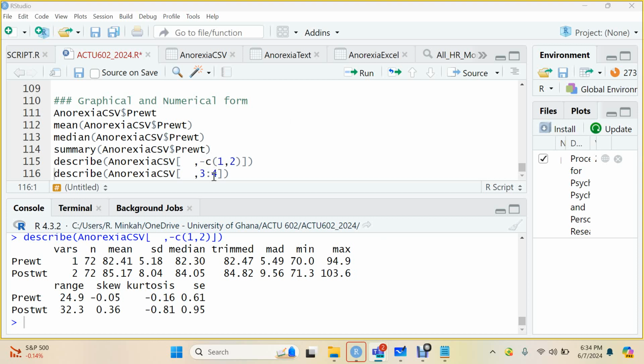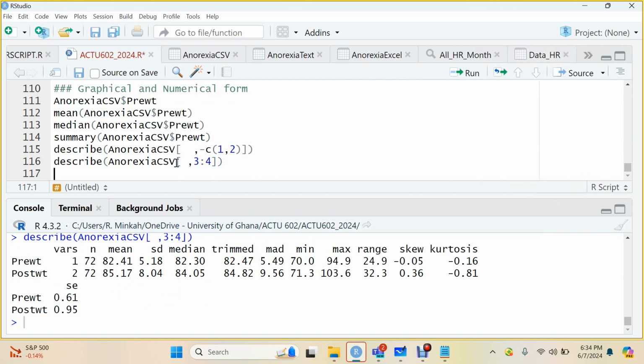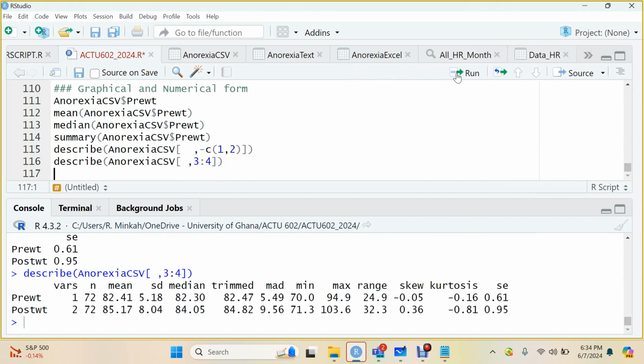But the key thing is that here, all I'm saying is that use every row, okay, but only the third and fourth columns. It is the same as taking out the first and second one, right? Okay. So if I run this, I get the same results. I wanted them to be on the same line, so I'll rerun it again like this. Okay. So what have I done? Okay, the describe also gives us